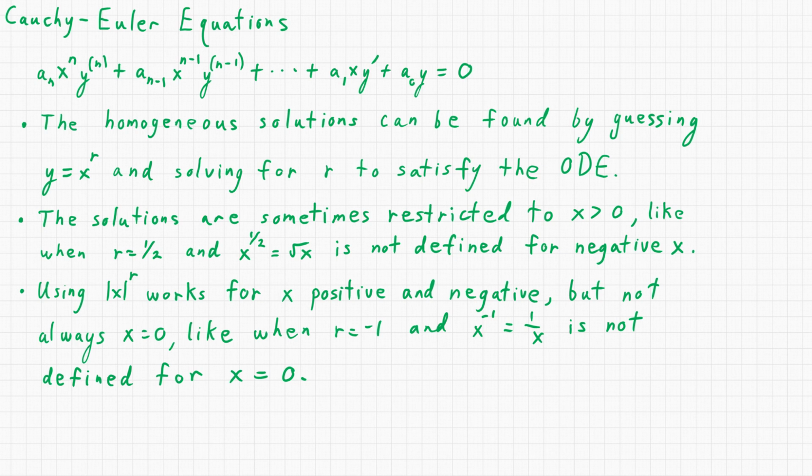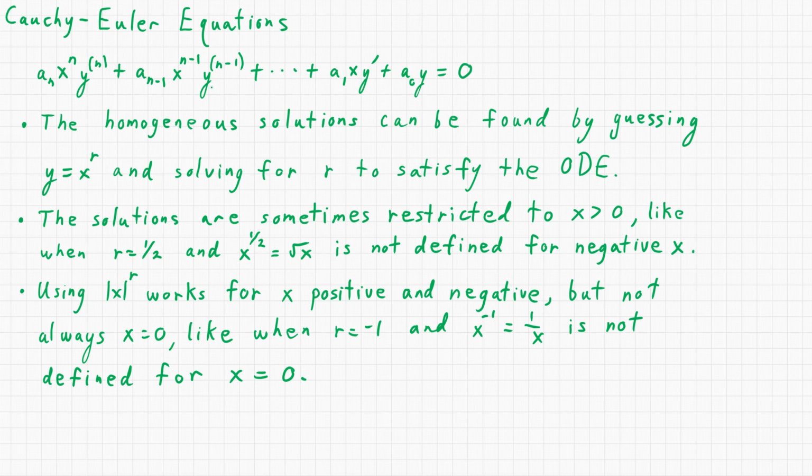The definition of a Cauchy-Euler equation is this ordinary differential equation. It's linear, but its coefficients are a certain way. So you can have a sub n, that's going to be some number. We have x to the nth power, and then times the nth derivative of y, plus some new coefficient here, some number, a sub n minus 1, times x to the n minus 1, times y to the